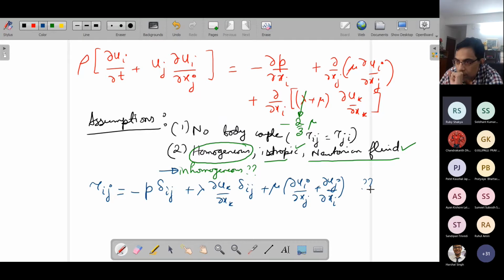So for homogeneous, both mu and lambda are constant. Constant means not functions of position, because homogeneous talks about function of position or not. Hypothetically, this could be a function of time, but not a function of position. It may not be a common case. So it need not be an absolute constant, but not a function of position. For inhomogeneous, lambda and mu could be functions of position.